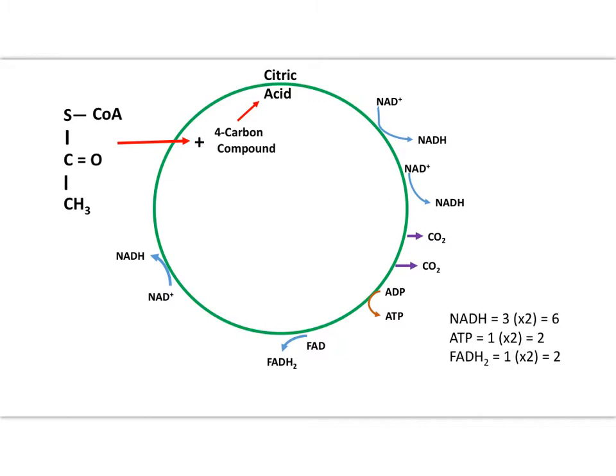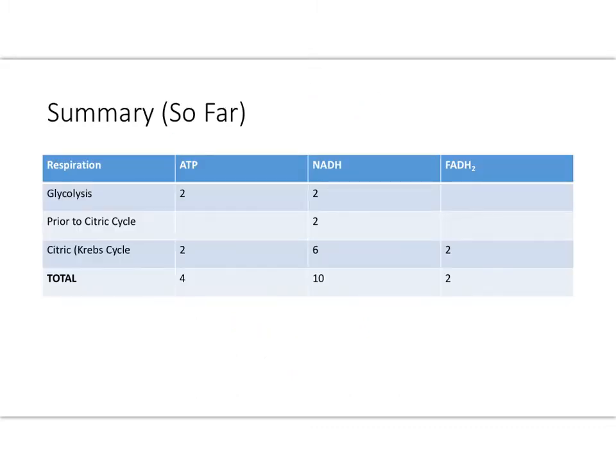Now, if we look at the total ATP, NADH, and FADH2 produced, we count 3 NADHs, and since that is per 1 pyruvate, and we have 2, the total NADH is 6. We have 1 ATP per turn of the cycle, and the cycle turns twice because we have 2 pyruvates. And finally 1 FADH2 per turn, and since we again have 2 pyruvates, it turns twice and we have 2. Through glycolysis, the pyruvate conversion, and the citric cycle, we have produced so far a total of 4 ATPs, 10 NADHs, and